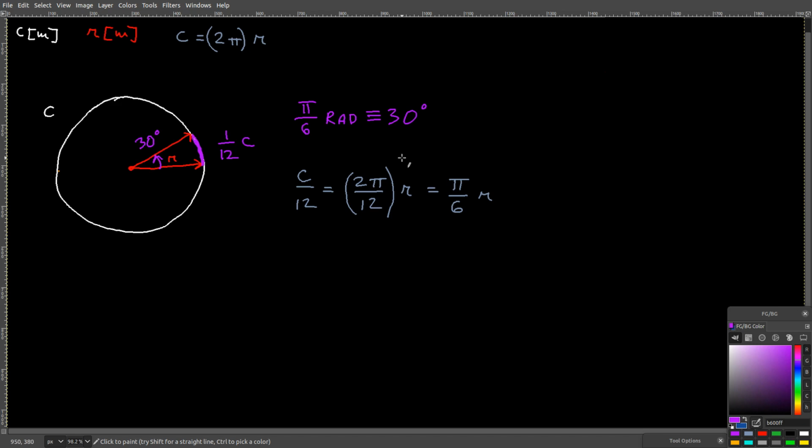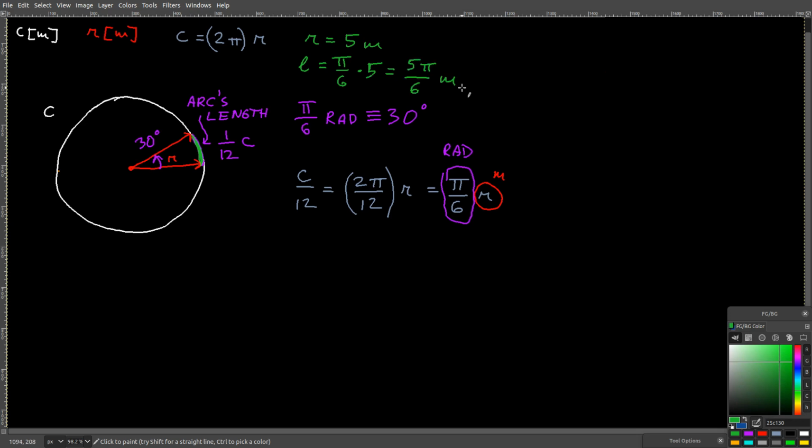And now, this is the big advantage of radians compared to degrees. If I have my angle in radians, let's say pi over 6 radians, which is 30 degrees, then by multiplying the angle in radians by the circle's radius in meters, I will get the arc's length corresponding to pi over 6 radians, or 30 degrees. So if my radius is 5 meters, then the arc's length for 30 degrees is pi over 6 radians times 5 meters, which equals 5 pi over 6 meters, which is approximately